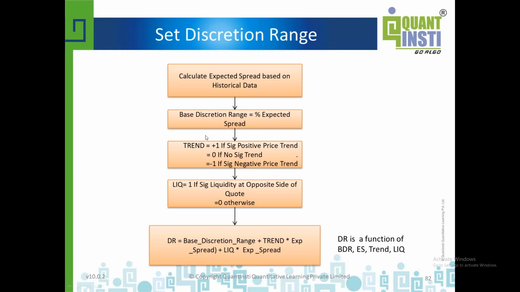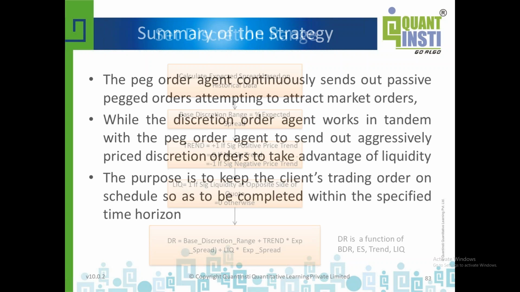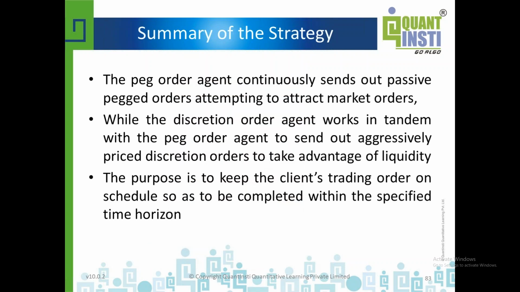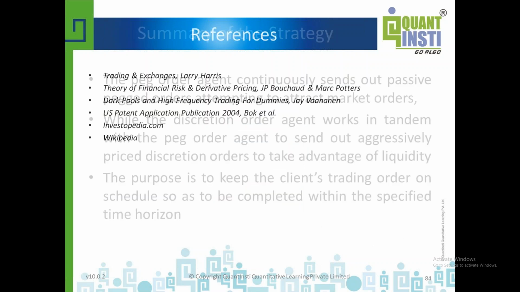And you can use such formulas, right? Based on discretion range plus trend plus liquidity and whatnot. So it's a function of all these things, right? So this is basically it, right? The summary of